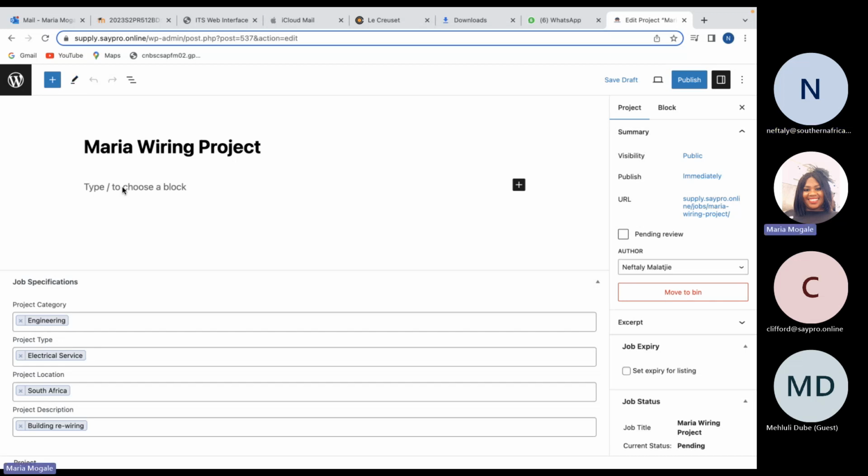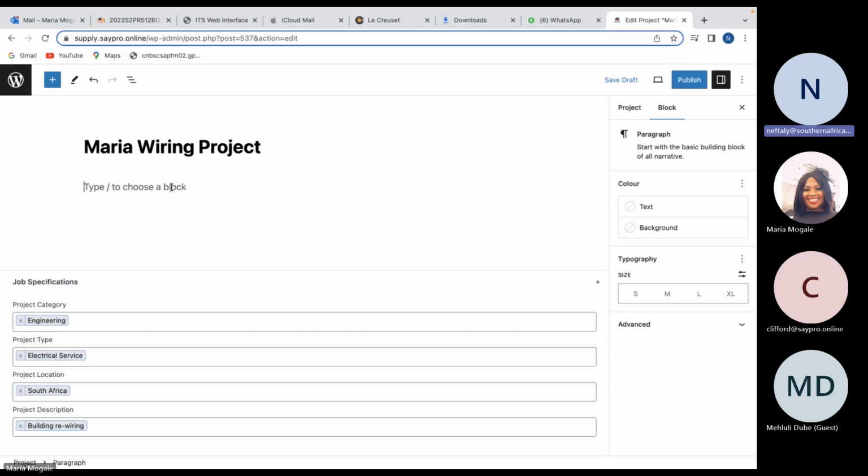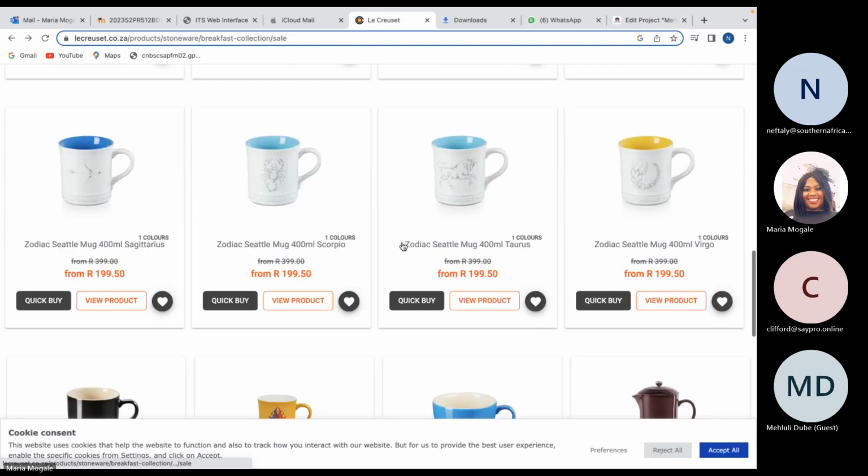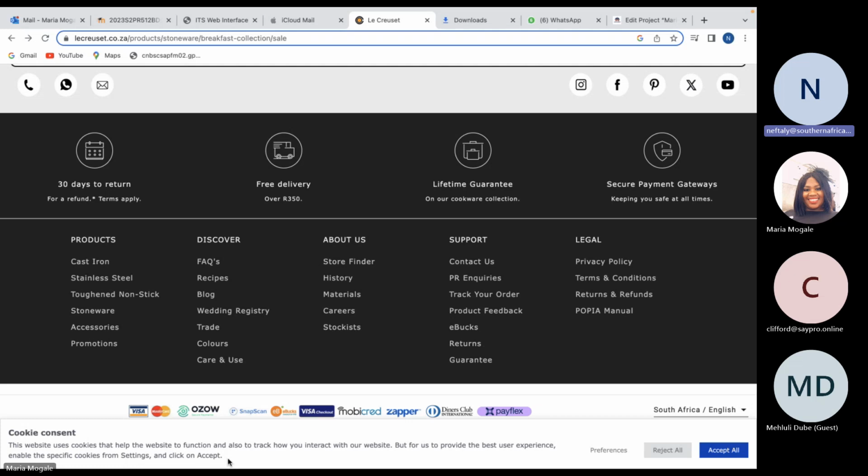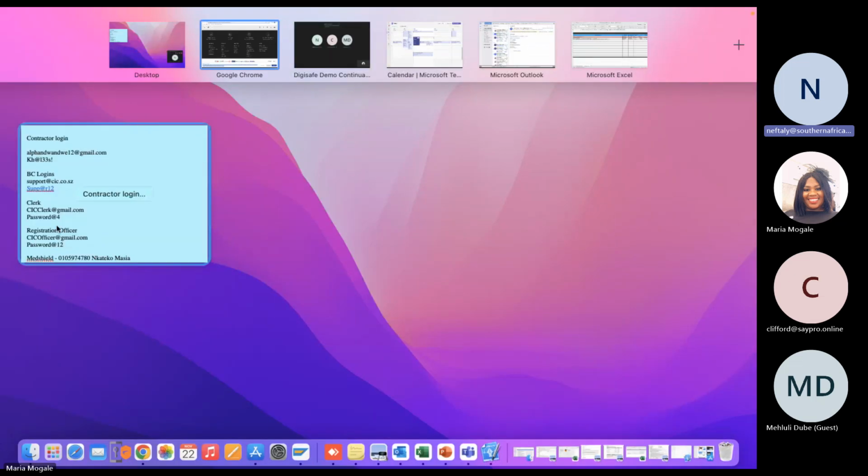Yes, here on the add block. So normally you can copy from another website and then paste.